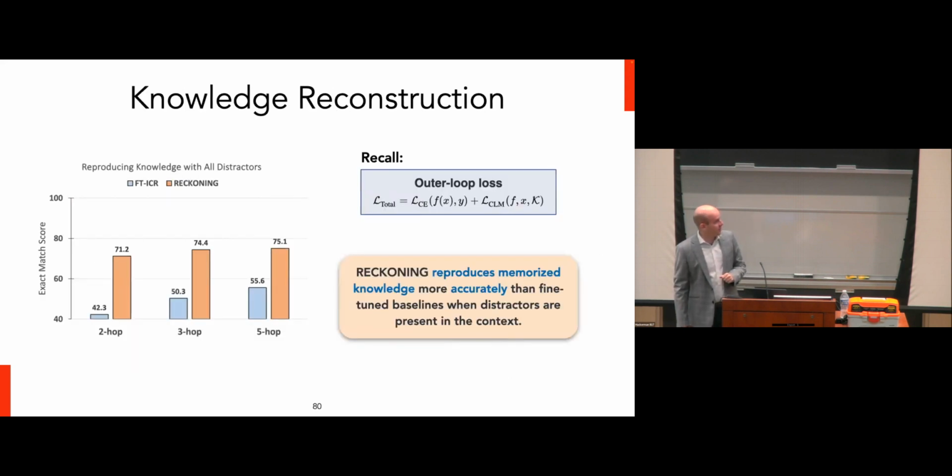And a big reason for this is actually this knowledge reconstruction loss. So essentially, when we look at how well an in-context reasoning baseline versus our RECKONING method can recall the knowledge that it uses to answer a particular question, our method can do that roughly 75% of the time, while the in-context reasoning method can only select from its inputs which facts are actually relevant to answering a question around 50-55% of the time, depending on the number of facts that are actually given.